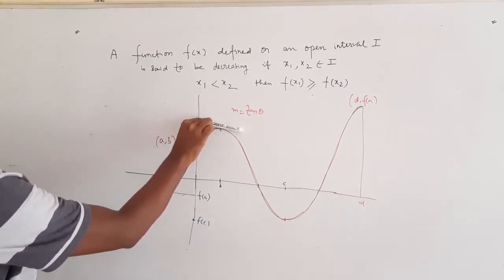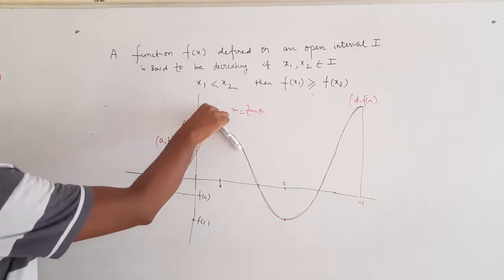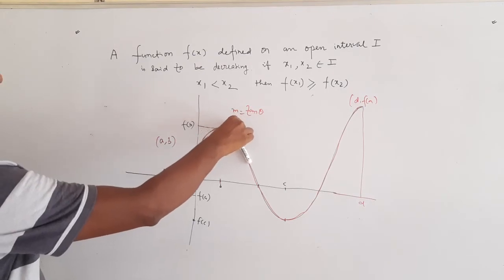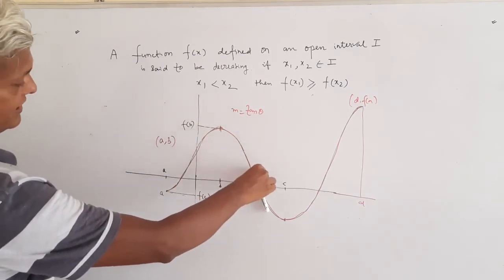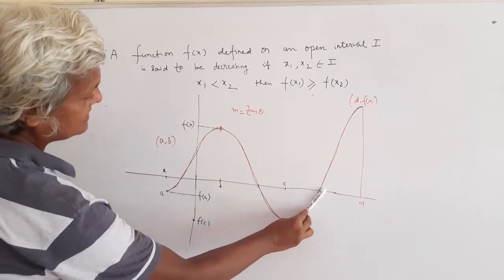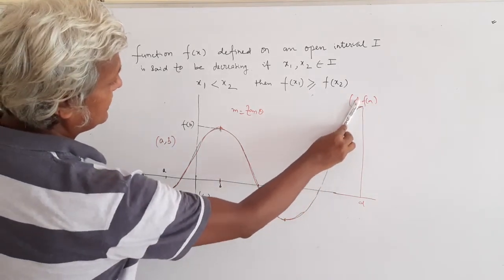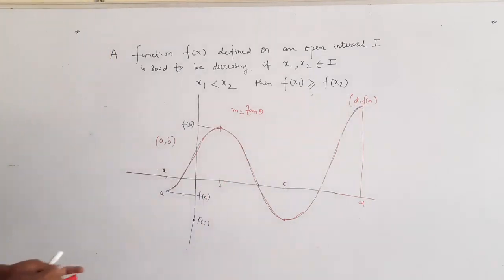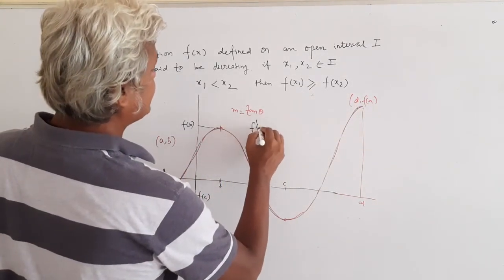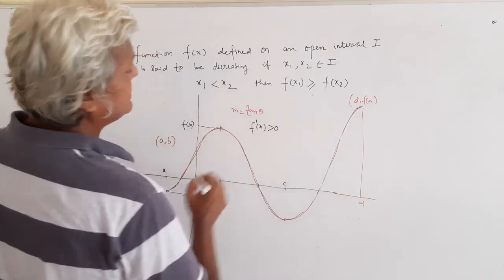Now the angle is becoming obtuse, and the tan value in the second quadrant becomes negative. So now this is negative, negative, negative. Again it is 0, and then from here it starts increasing again like this, and then again at the peak it becomes 0. We have seen that by definition, if f'(x) is greater than 0,